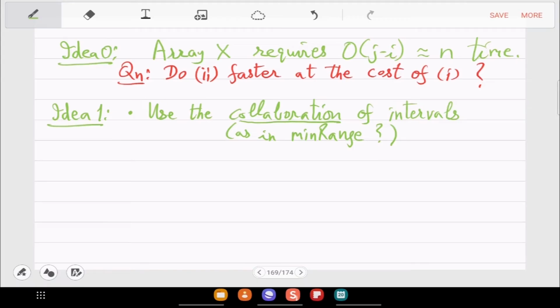So you want to use that collaboration in a tree structure, so that when an interval (i, j) is queried, you can immediately go to that. So you want to work with intervals, so you push intervals in a tree. Okay, so arrange the intervals as a BST. So instead of elements, instead of the integers, we will think of intervals.